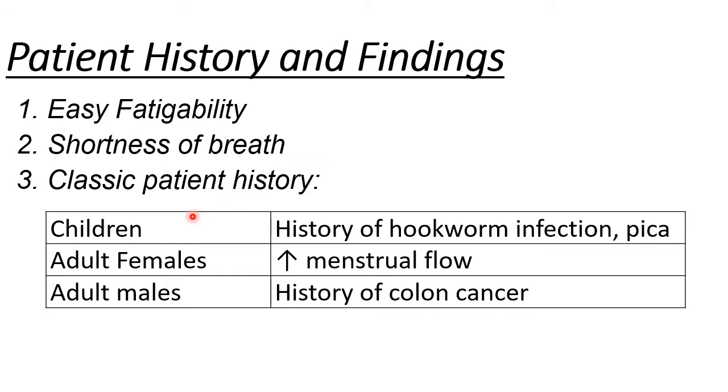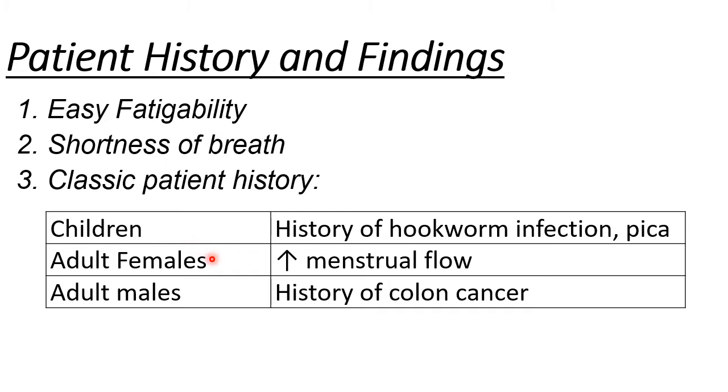And kapag magbe-base tayo dun sa demographics of the patient, sa mga bata, madalas ang anemia is caused by parasitism, specifically your hookworm infection. Kasi sa hookworm infection, mas malaki yung nalulus nating dugo. And kapag you further ask the mother or the caretakers, baka meron silang presentation such as yung pica, which is an unusual eating habit ng mga bata na lalo na sa mga cases of IDA or iron deficiency anemia. I-discuss natin yan later on.